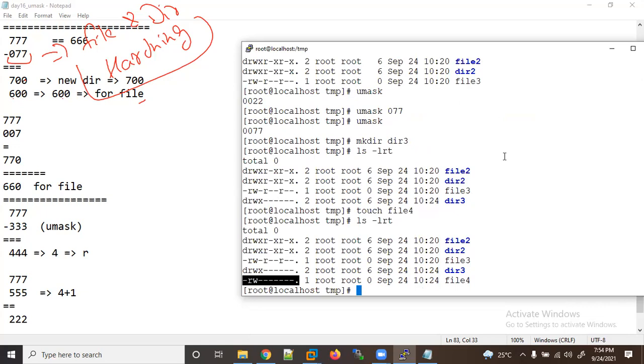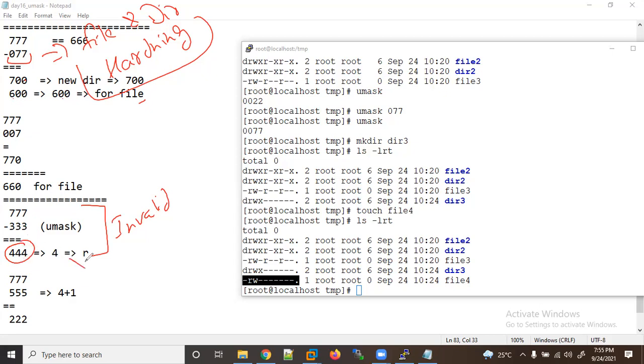Now here I have given an example. These are invalid, but you can give it, because if I give 333, I will get this one. But here I need execute.